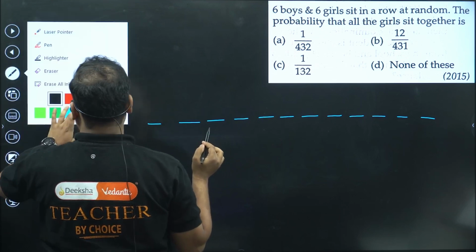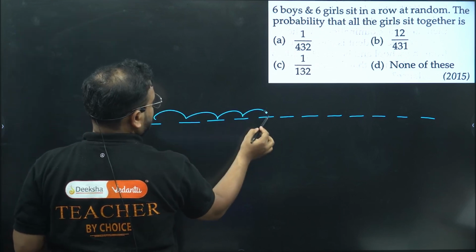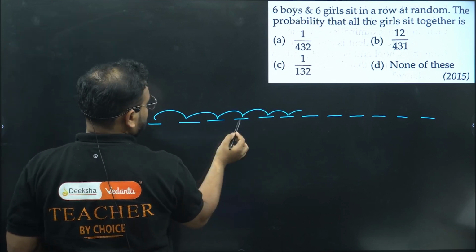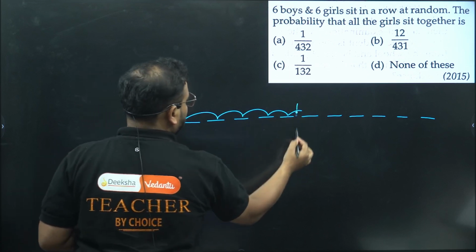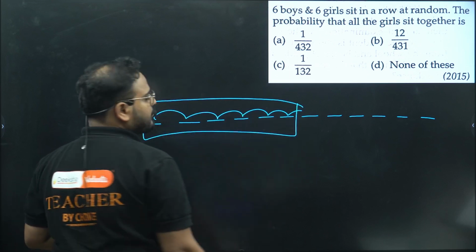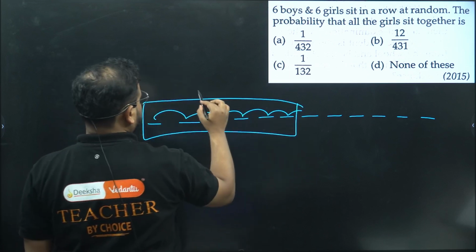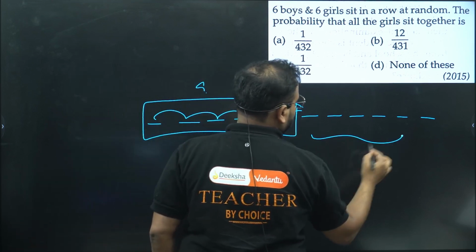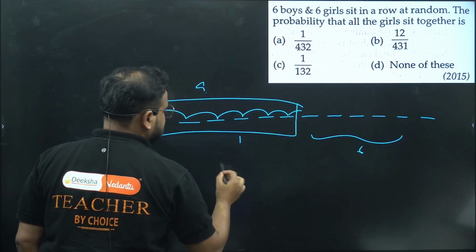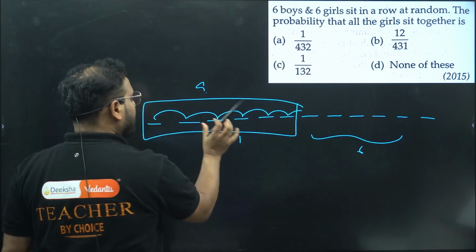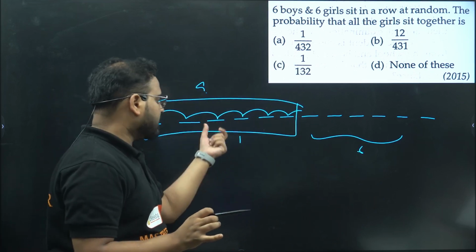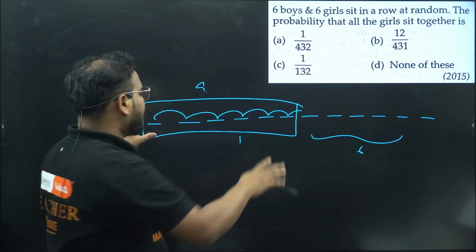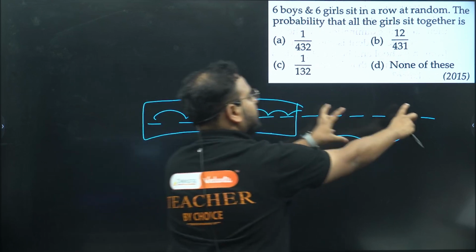I want to club these together. If I club this together for all girls, how many places do I have? I have 1 here and a total of 6 over here. Total becomes 7. Means I have a total of basically 7 seats. I can club this together, it becomes 1 seat, right? Because these girls will be moving together only.